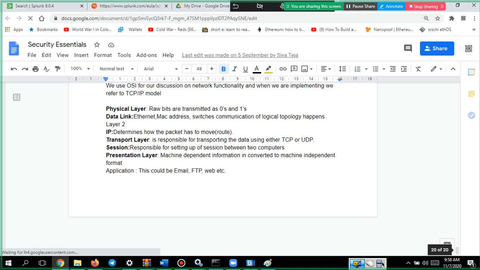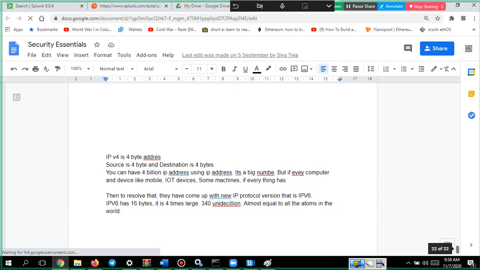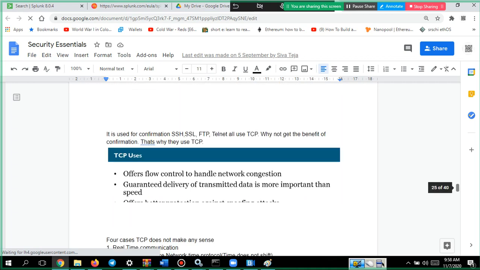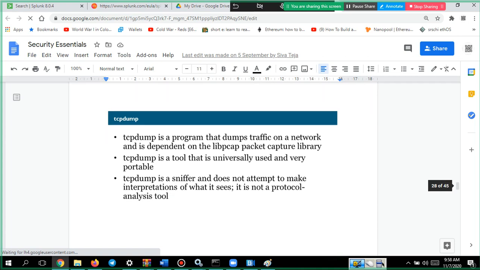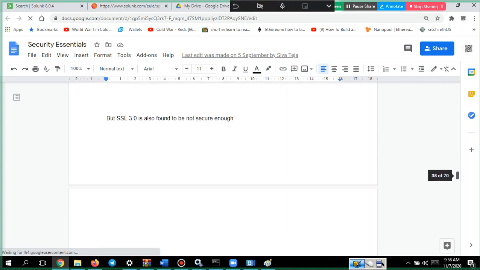These things I have actually written on my own. When I share these materials with you, there might be a lot of spelling mistakes. You have to bear with that and get adjusted to it, because of the typos, since I have less time and have to write a lot of things, so I might not have fixed them at all. But you can go through this material instead of the material which I have given earlier.